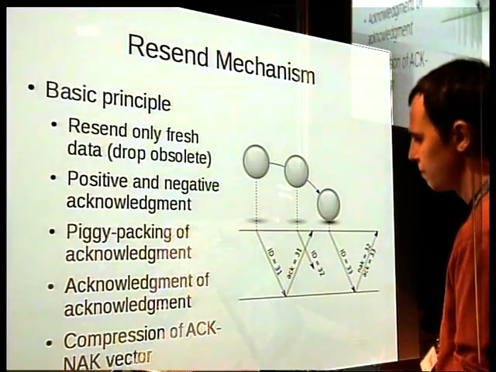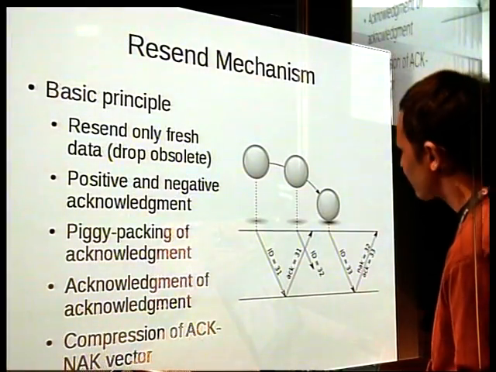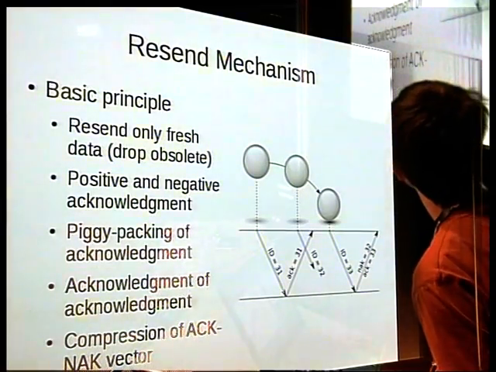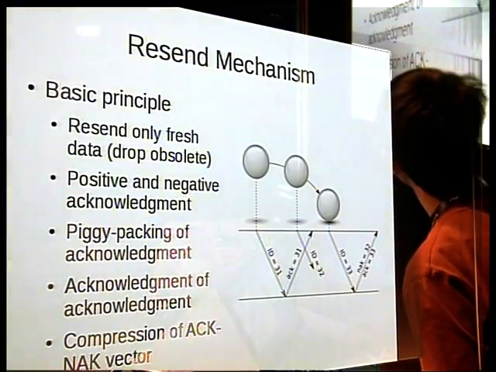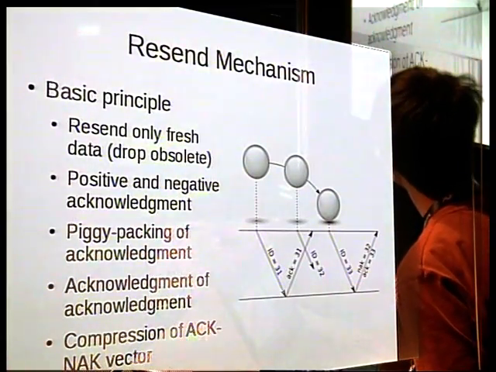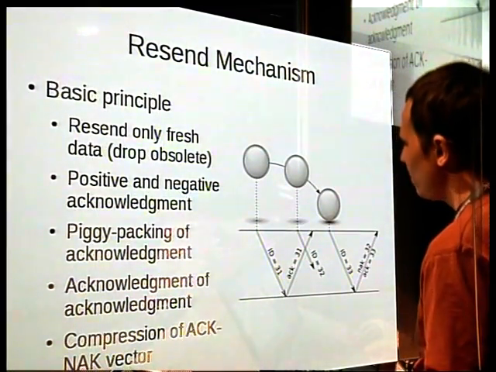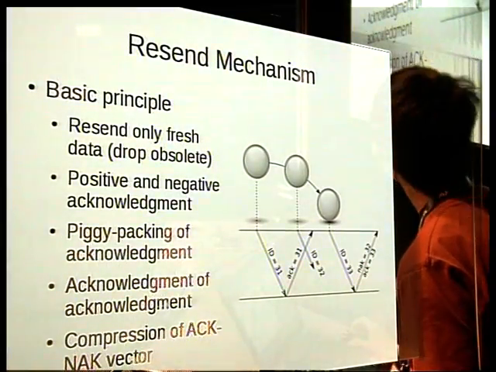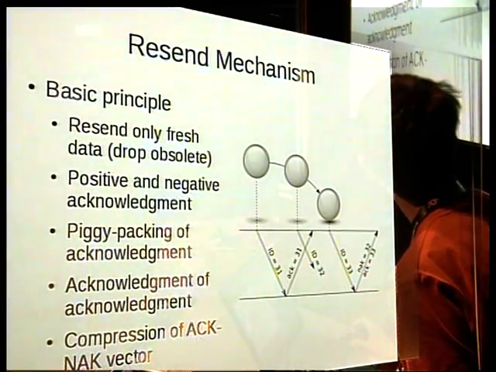So what is the basic principle of the resend mechanism? Let's consider this situation. There is some client, and this client sends the position of this bouncing ball. It sends this information every frame, and every packet has some ID, and when the packet with ID 32 is lost,